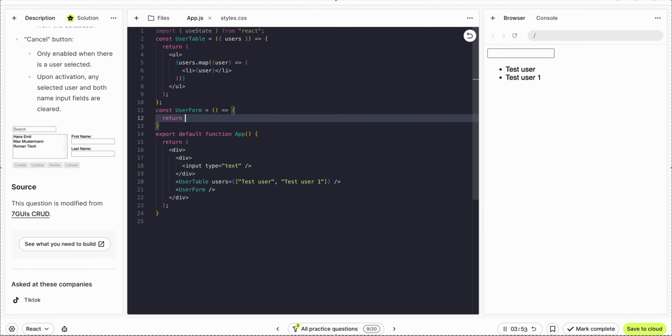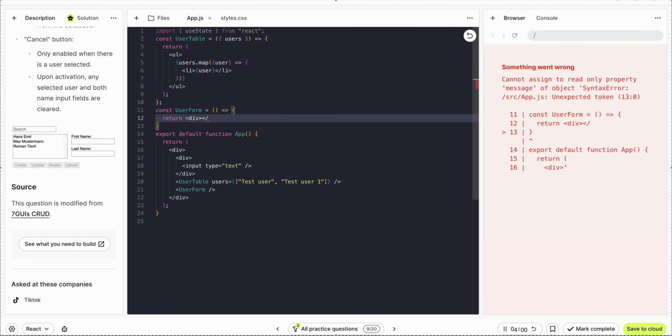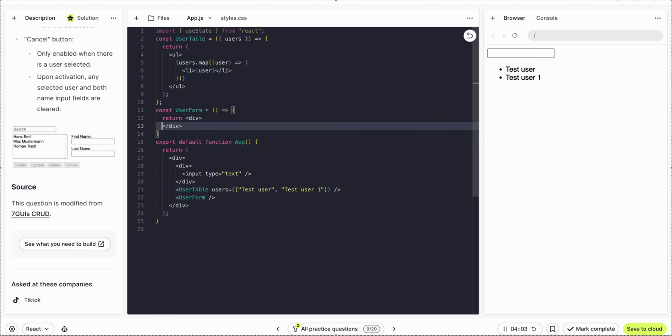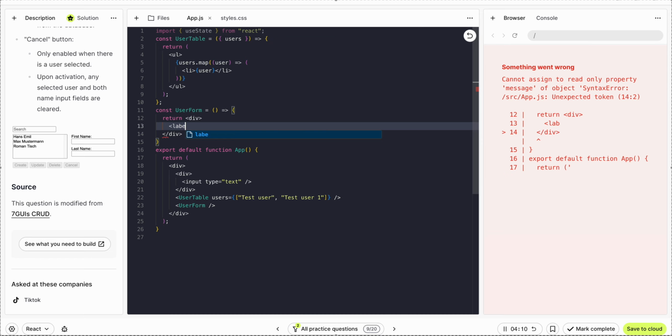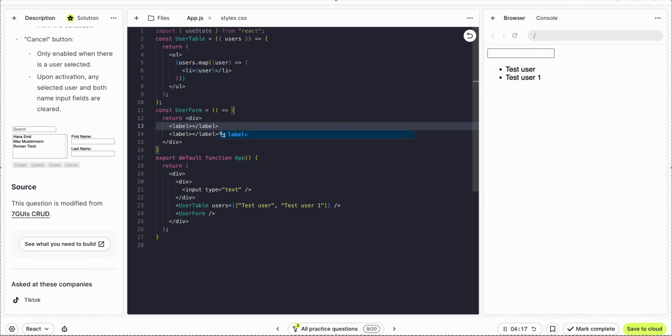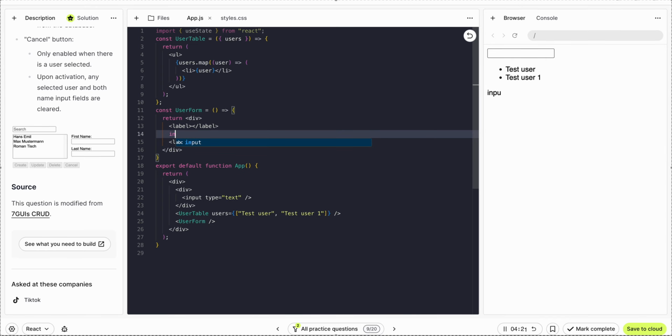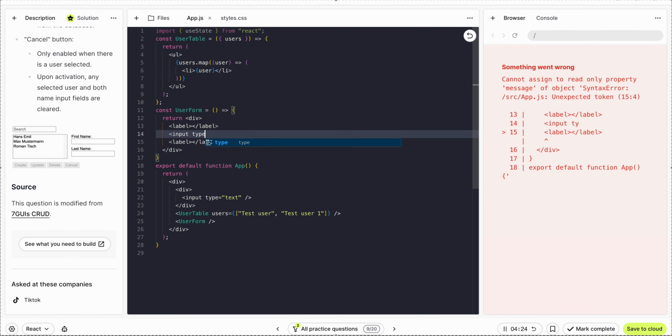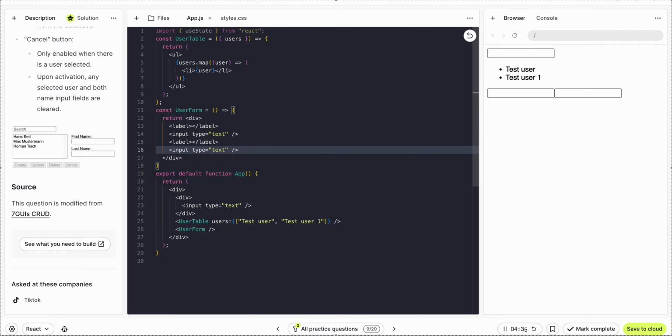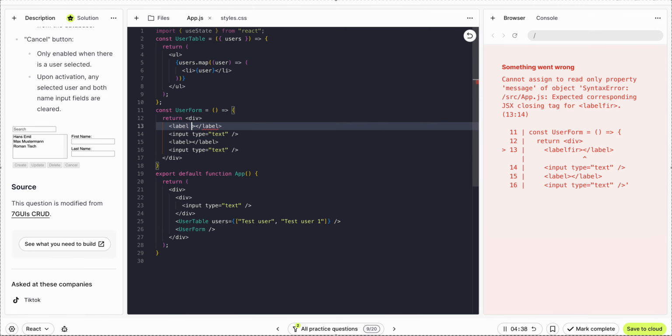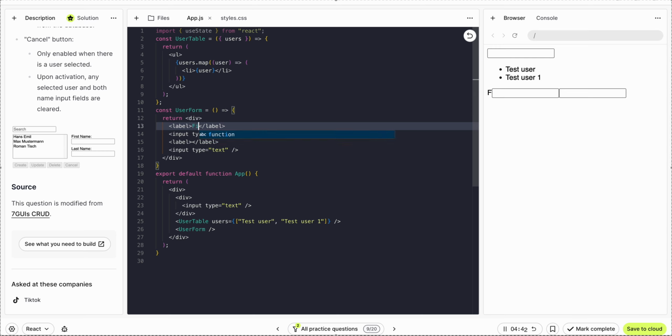Basically it will return, and we will not use a form element, though I named it form. Label. Okay, so first name,